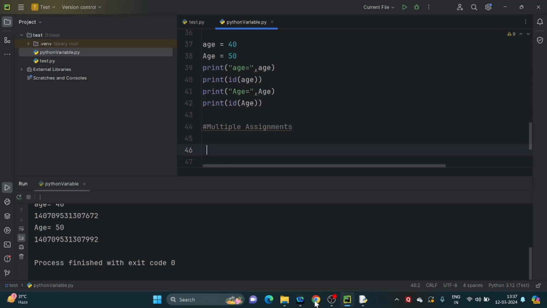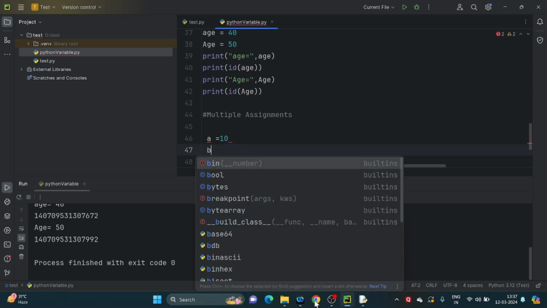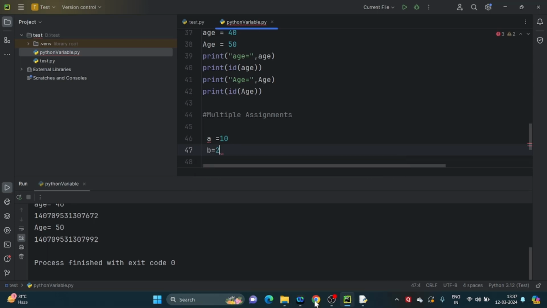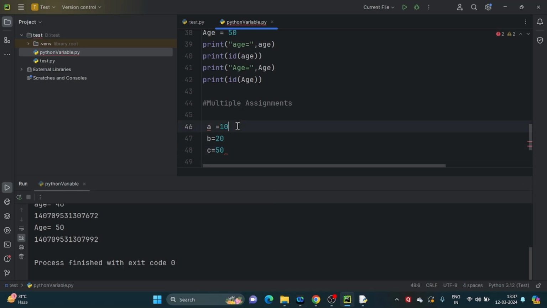For example, a equals 10, b equals 20, c equals 50, and if we print